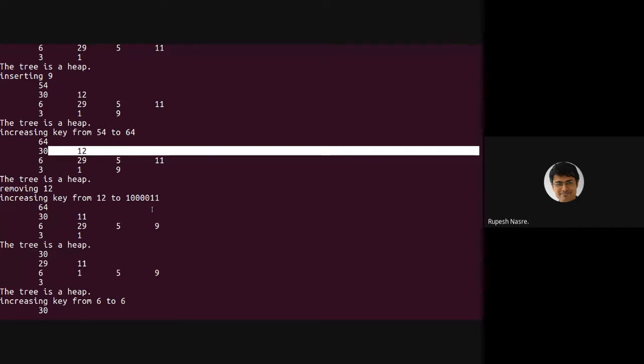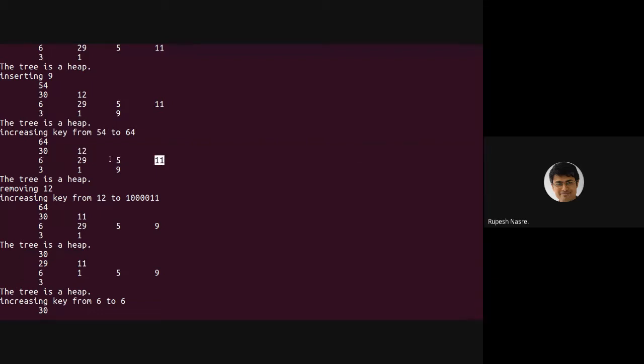When you move it to a large value, I think what we are doing here is that we are percolating that value down. So you come all the way to 11. From 12, we have come to 11. And then we are replacing this last value with 11. But is that going to satisfy the heap?